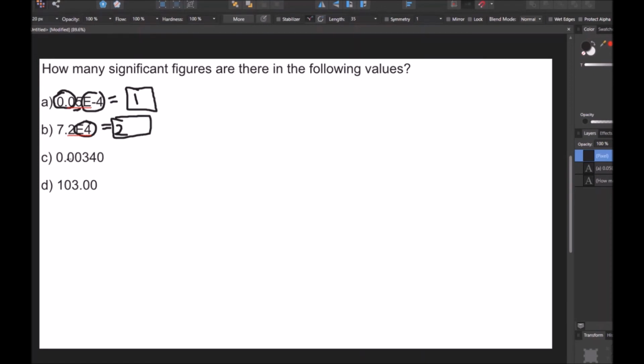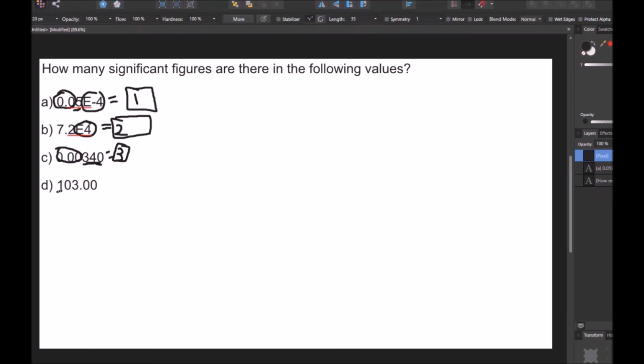Then in this one, once again, any zeros coming before a non-zero digit are not sig figs, so these are not significant. But any zero coming after a sig fig is a sig fig. So this is a sig fig, and this 3 and 4 are sig figs. So that's a 3. There's 3 sig figs in part C, and in part D we have